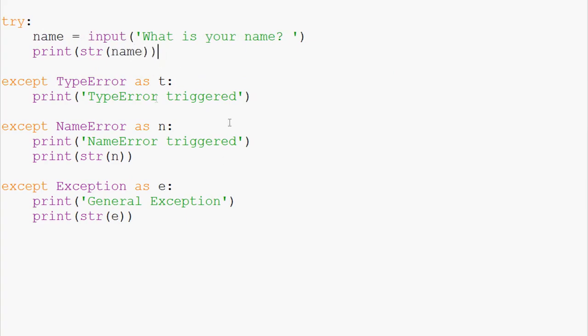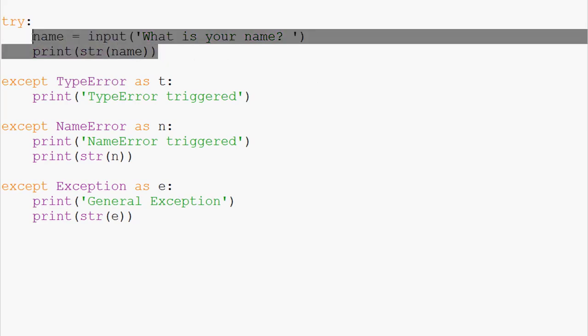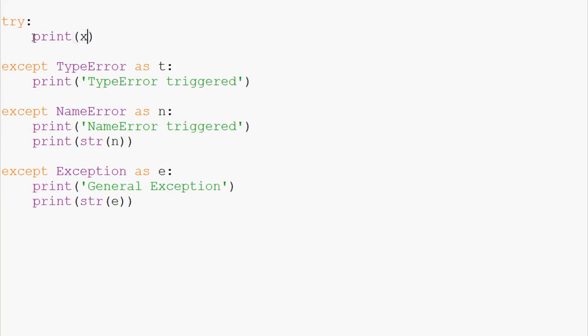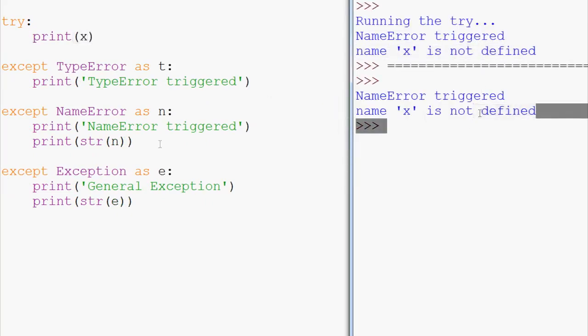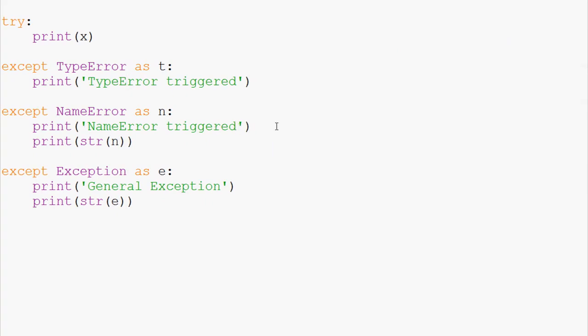But we know, for example, that should be a string, and then we might ask, what is your age, and all this kind of stuff. And we're expecting specific numbers or strings, and if it's your age, it would be an integer. And then we could do math on those, or say hello, name, or whatever. But if the user doesn't enter that, you could throw an exception, and you could say type error, and you can kind of alert the actual programmer. For example, let's just say print X, save and run that. We see name X is not defined, and so name error triggered.